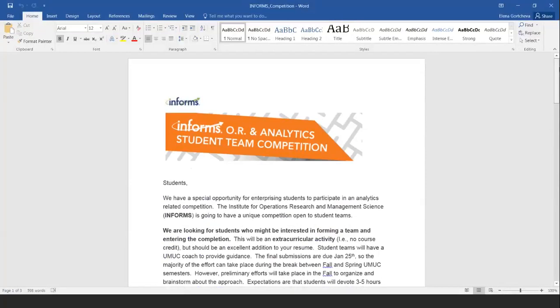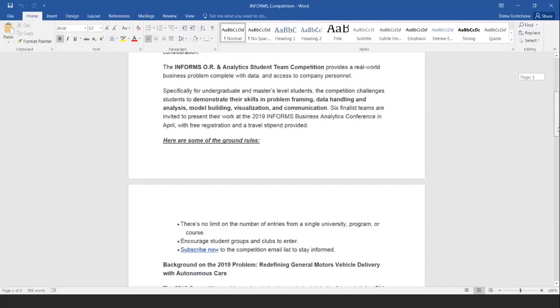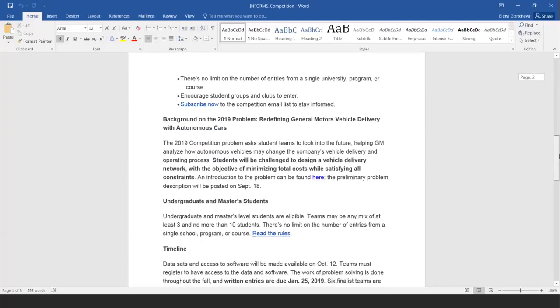We are just collecting people to form teams for a very interesting practical problem put by GM. The problem and all the links are in the document. This is totally extracurricular activity. We want to form a team of people who are really going to be dedicated to solving this problem that GM put for autonomous vehicles. It is an optimization problem.